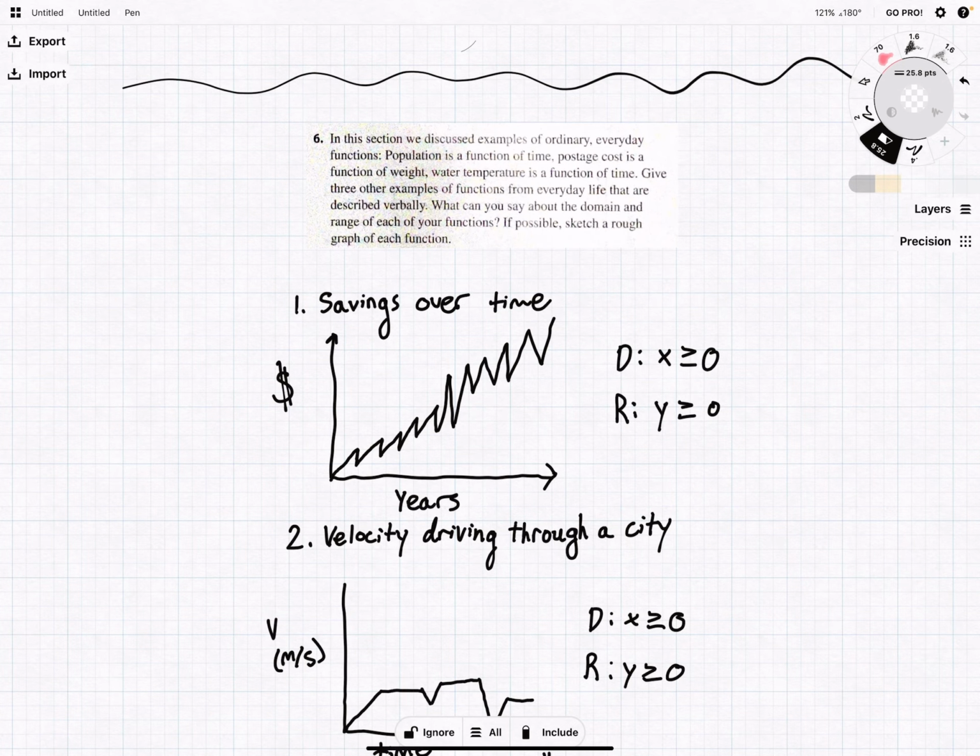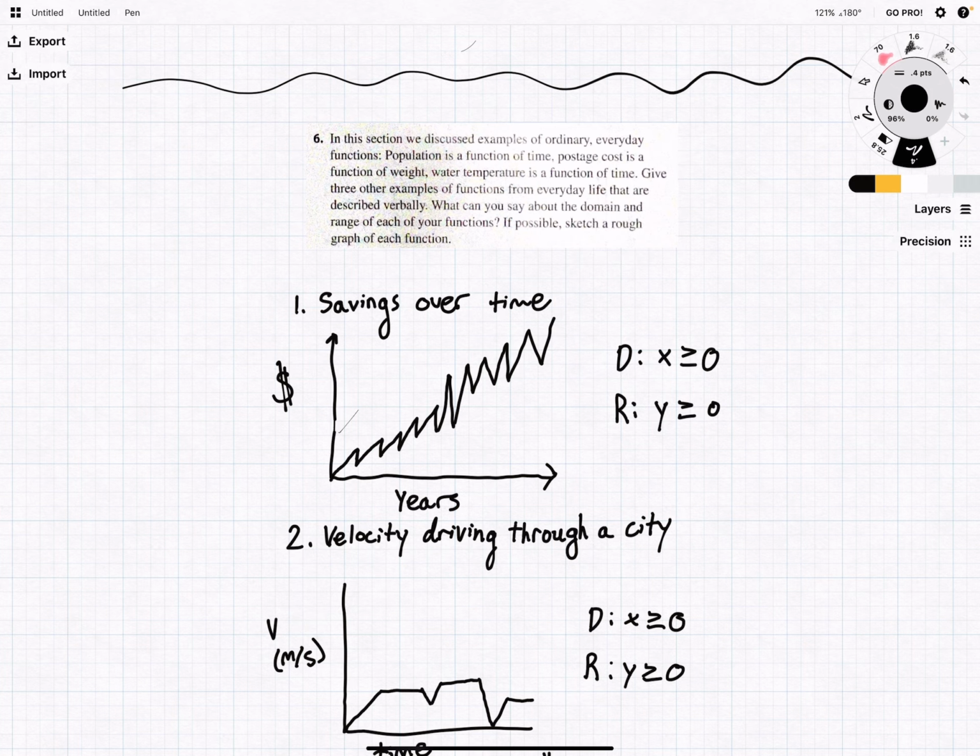Number 1, I just chose savings over time, and so ideally, your savings would increase with every given year. Those sharp declines are maybe for some transactions that you make, or maybe paying mortgage or rent or utilities. I guess if we were to get incredibly technical, if we were to get extremely technical,